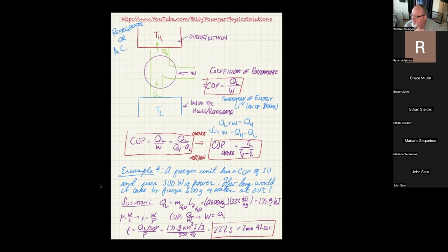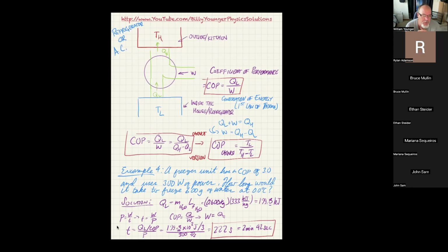You sometimes have to think a little bit to figure out which is QH or which is TH versus which is QL versus TL, that kind of thing. But other than that, you really don't have to do too much. They're very straightforward problems, and that's what I plan on asking you in a teaching type situation or in a testing type situation, especially the face-to-face tests are going to be the easiest of the easy.